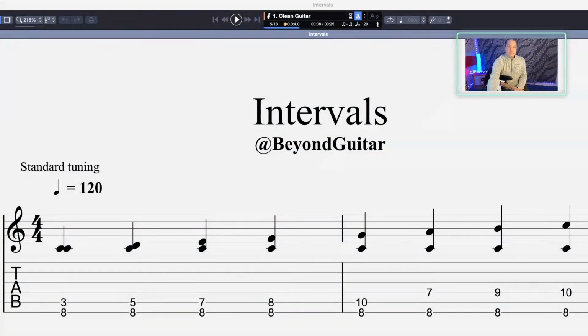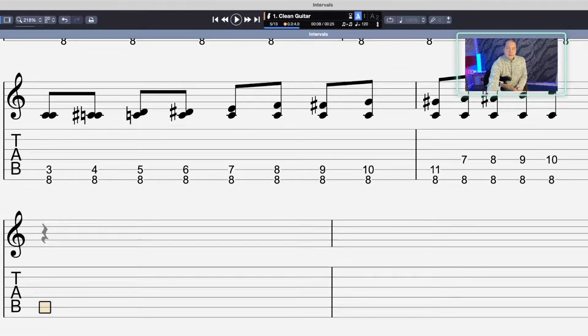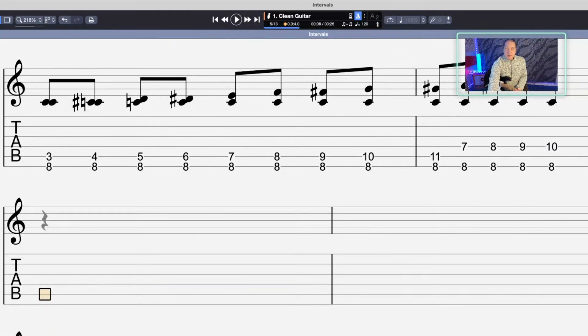So, the next step is, what about all the other intervals? Because so far we just did the intervals of the major scale. And so, what else is there? Okay, we could do the chromatic intervals. We could do all the intervals that exist. All right, so you got a unison,